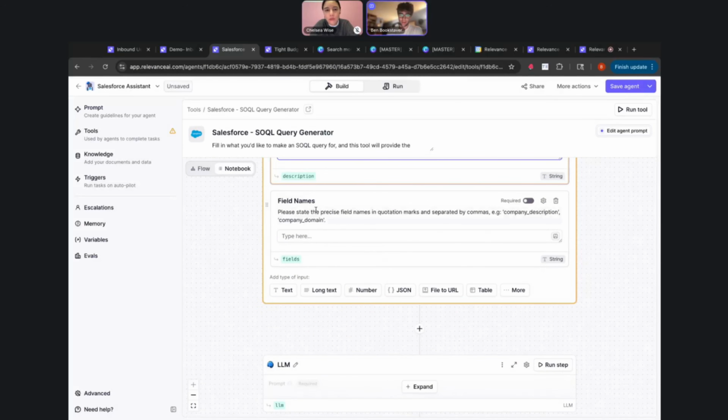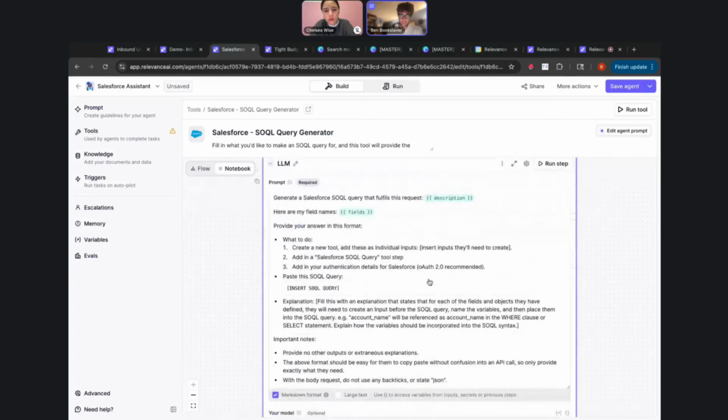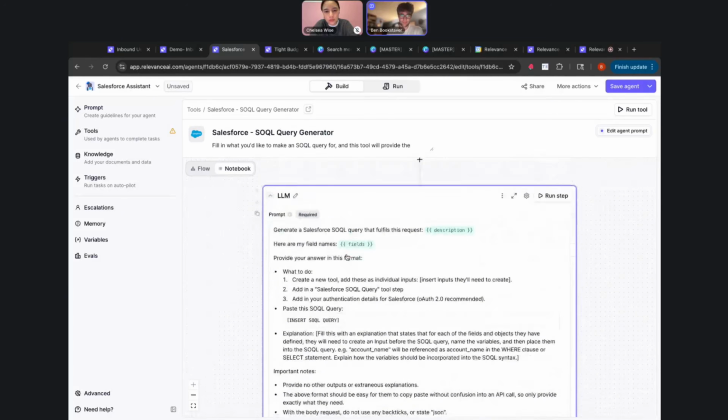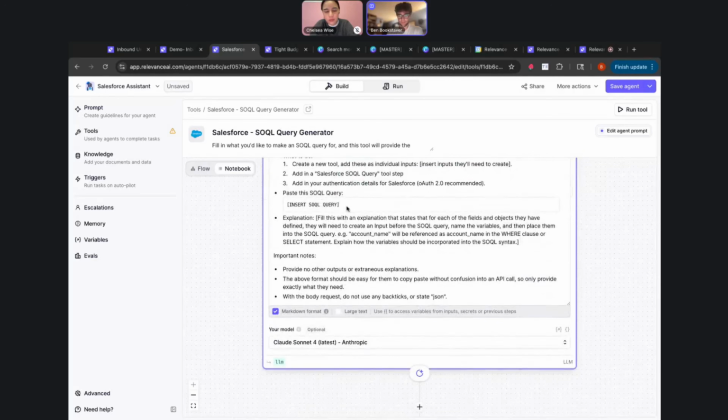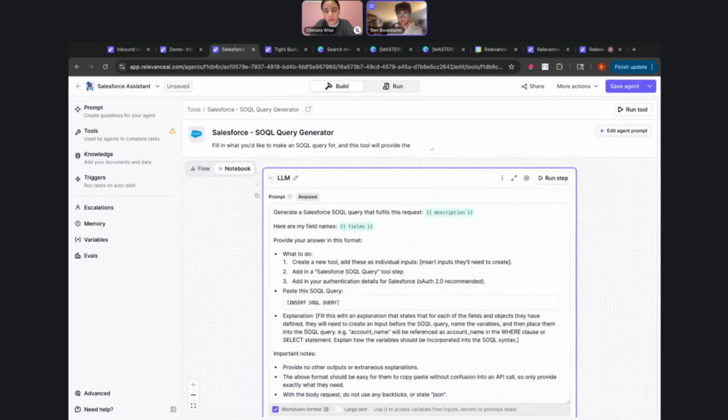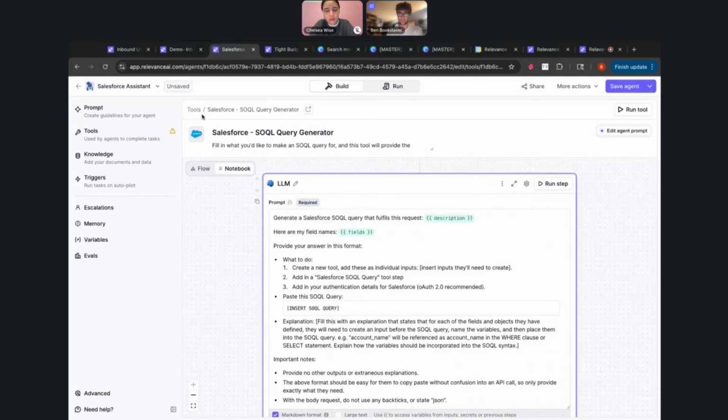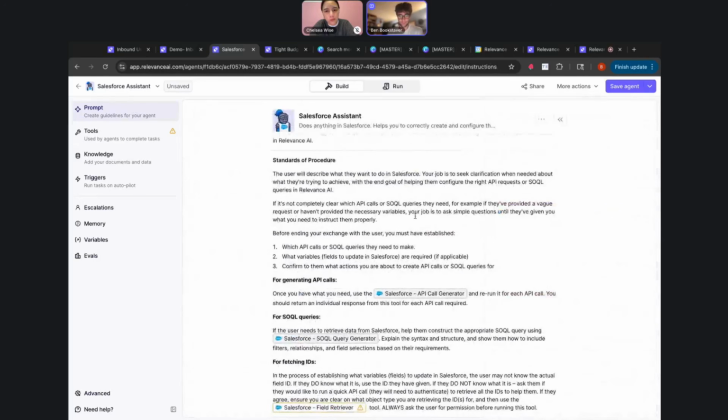And then it should say, okay, here are the field names that the agent has access to or should have access to. For example, if it's querying from the account level, it should maybe get company description or company domain. And then what this one does is we just add a simple step here that's like generate a SOQL query, right? The premise of this tool is that you're distilling user logic into something that is usable for the next step of your agent. So if we go back to the prompt, we'll see where this kind of lives here.